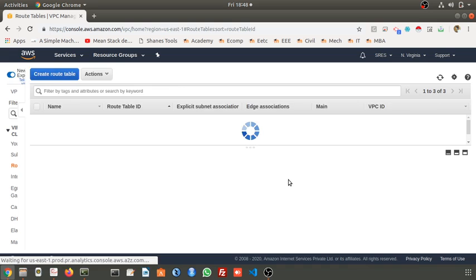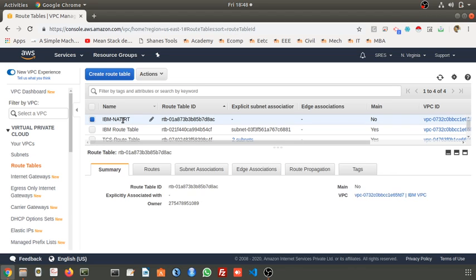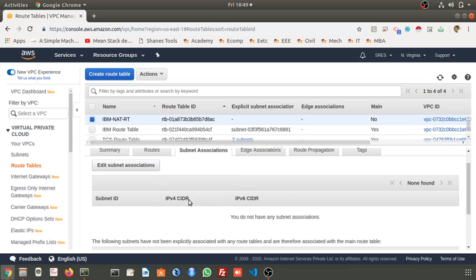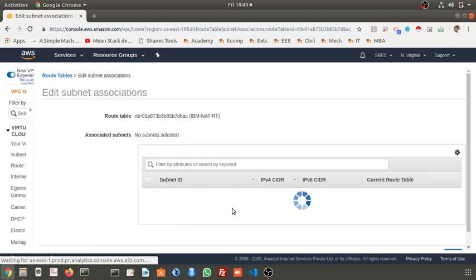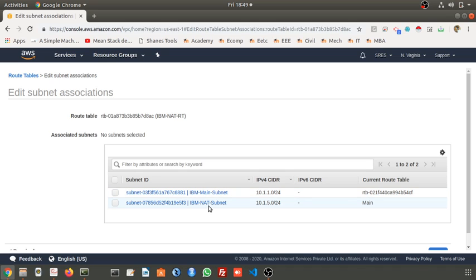The table is created. Where is that? This one. Now we have to add the NAT subnet to this route table. Click here, subnet association, then edit subnet association. See here, you can find these two subnets. One is the main subnet, one is the NAT subnet. Here we have to select this NAT subnet.